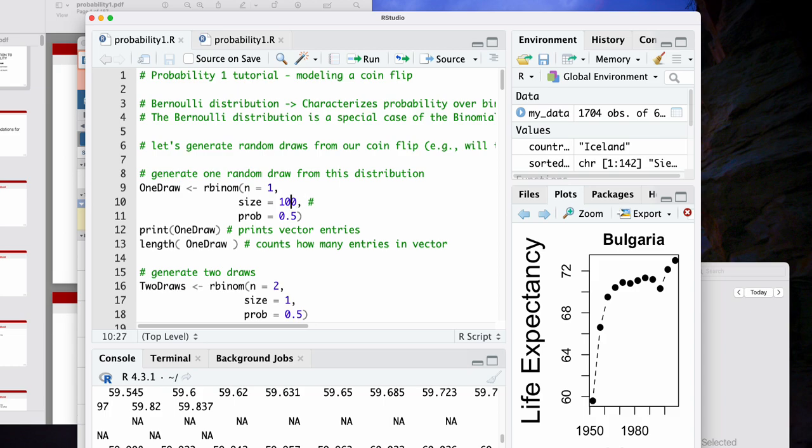So when we just have one coin flip, that is also known as defining or characterizing the Bernoulli distribution. So there's binomial and there's Bernoulli, and one is a special case of the other. It's sort of like we have countries, and then the United States is a special case of the class country. So it's a little bit like that. So does that clarify? Yeah, we'll talk more about that today. Good question, good thoughts.